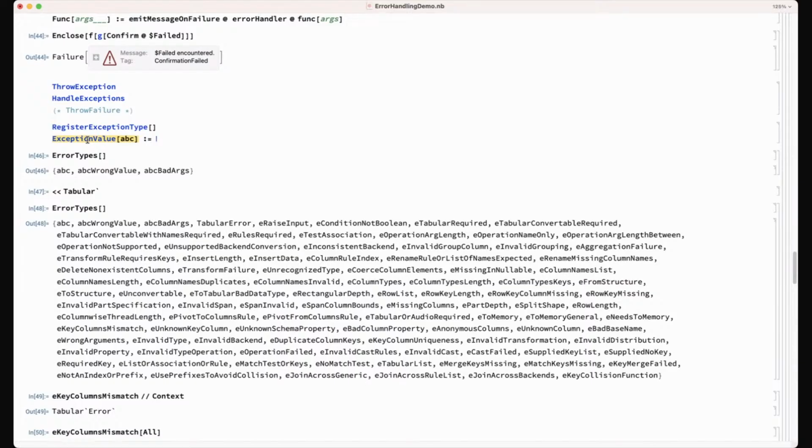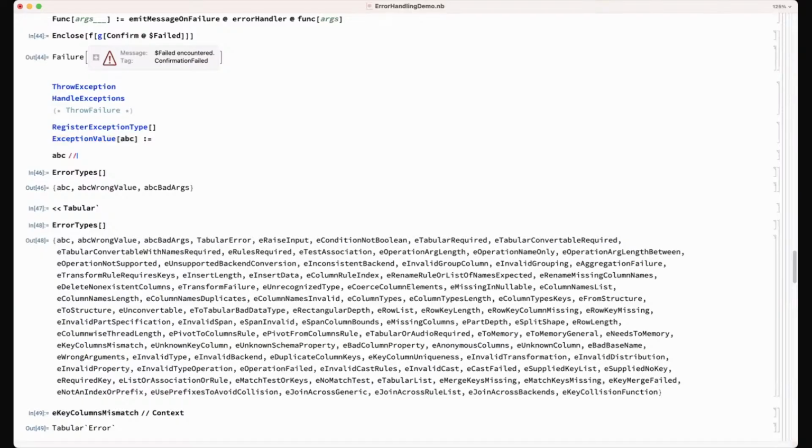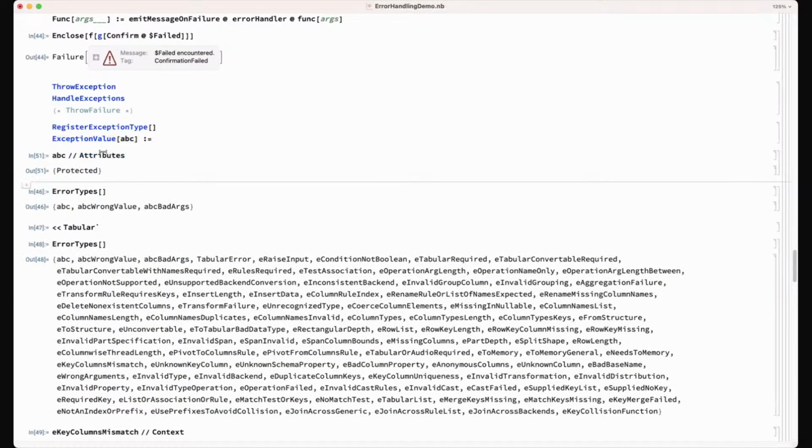Well, but wouldn't it be nice if, when you say register exception type, it should presumably lock these symbols so you can't give them values. Yes, so what we currently do is that we protect those tags, but we so far allow some simple down value assignments, for example, but we may change that. So ABC is protected. Okay, I get it. So you're registering that exception type. You're giving its hierarchy, correct? Yeah.